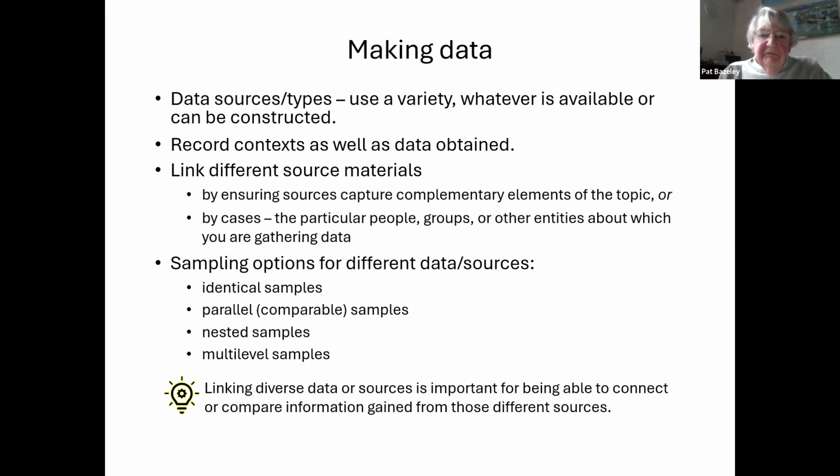You need to link your different source materials, by ensuring sources capture complementary aspects of the same topic, or maybe by cases. So by the particular people, groups or other entities about which you're gathering data. So you'll have different kinds of data perhaps for the same cases. Well, this leads us into the sampling options,